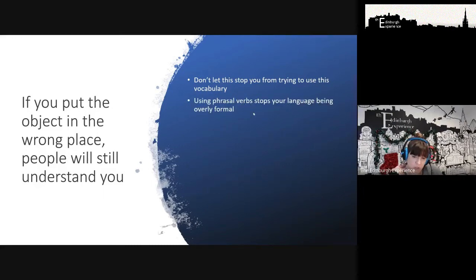An advantage to using phrasal verbs is it stops your language being overly formal, especially if you have a Latin-based language, because in English, words that come from a Latin-based origin generally have a more formal register. And if your language has a Latin-based origin, when you're trying to think of a word, the first ones that come to your mind will be the ones that look similar to your language, right? So that means that you will generally be speaking too formally. So if you make an effort to substitute these words with phrasal verbs, it's going to make your English sound more natural.